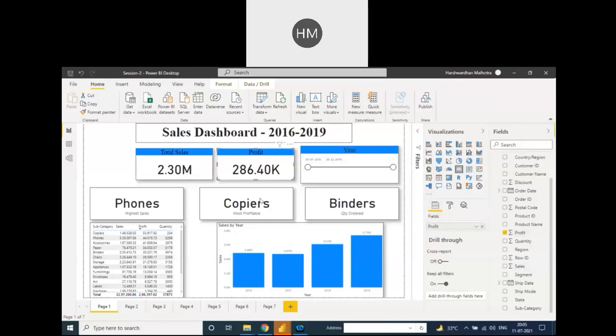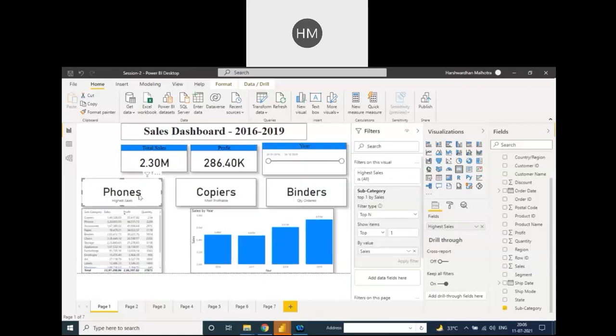The third one is highest sales by subcategory. Here we move the field under the subcategory. I will rename it after the session; the highest sales I would rename from here, like rename for the visual.